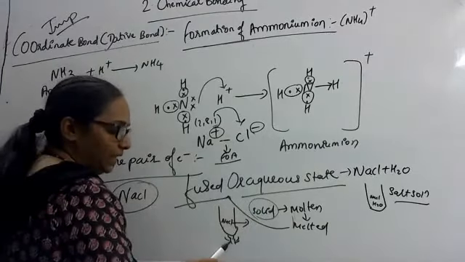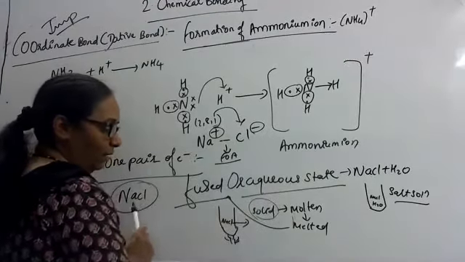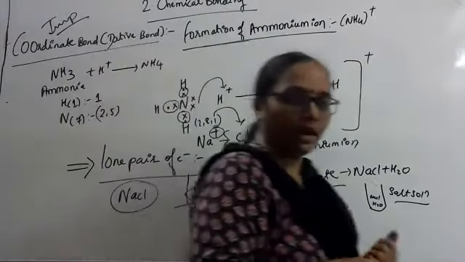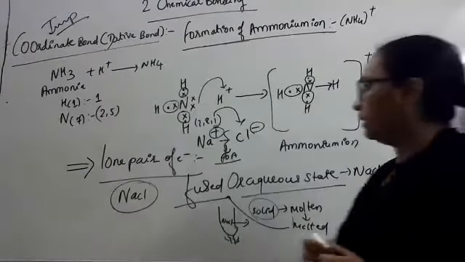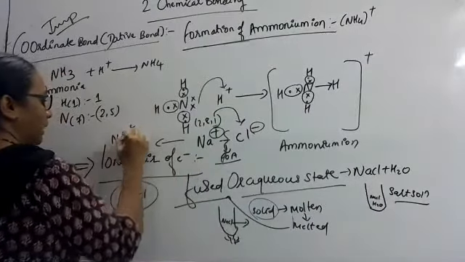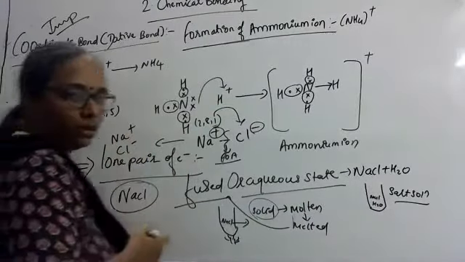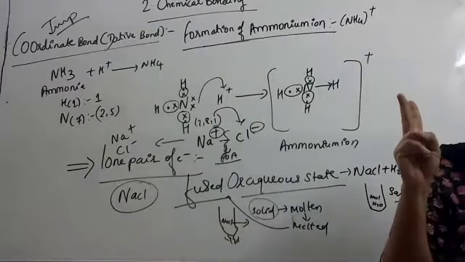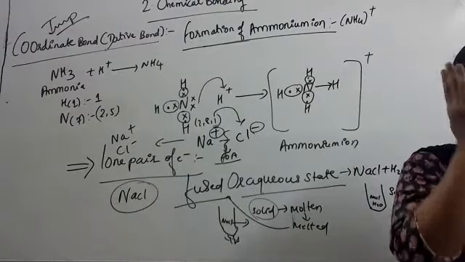As we start heating it or when we dissolve it in water, this bond between sodium and chloride will break, and when the bond breaks, they are separated as Na plus and Cl minus. Okay, they are separated as two different ions, that is sodium ion and chloride ion, and hence